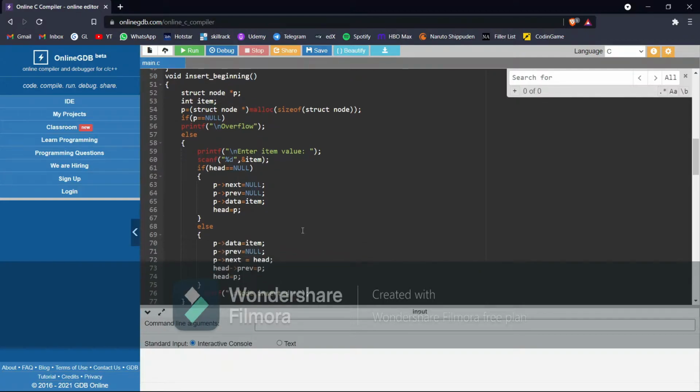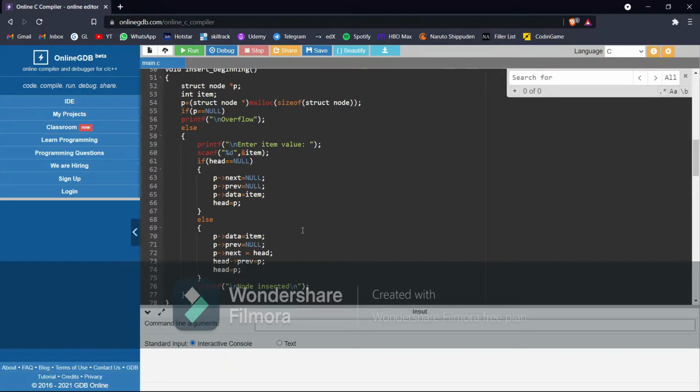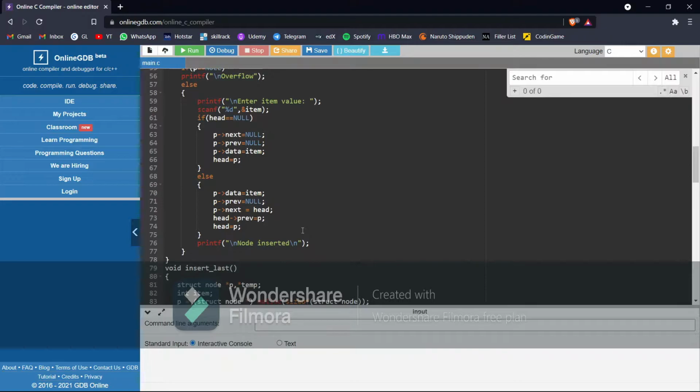Else, that means a head already exists. We have to just add a new node at the beginning. p of data equal to item, p of previous equal to null, p of next equal to head, head of previous equal to p, head equal to p. After a node is inserted, this statement will be printed, that is, node inserted.